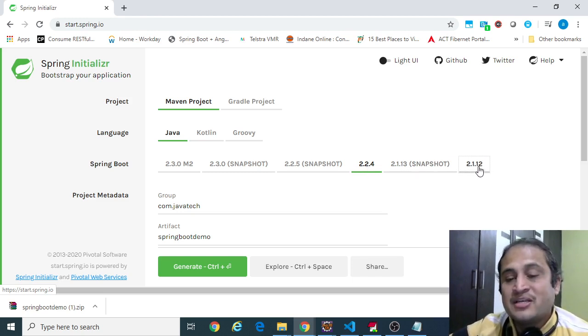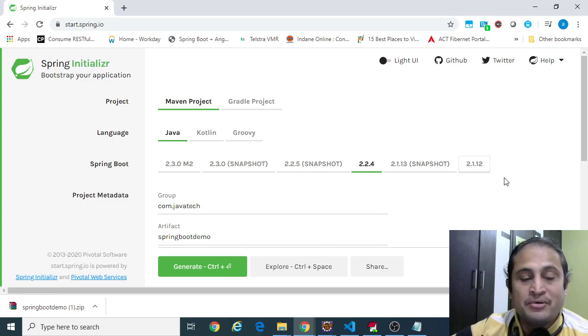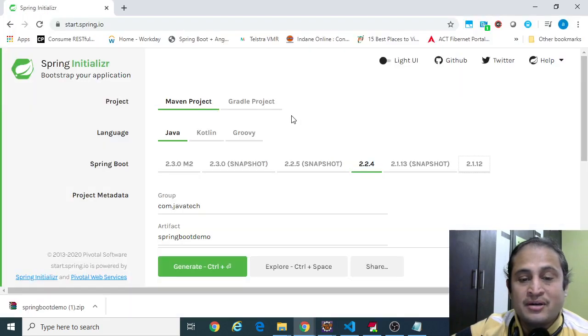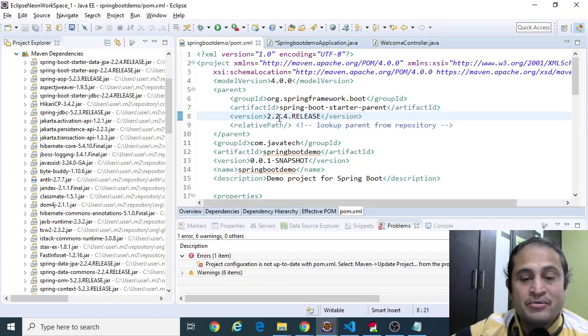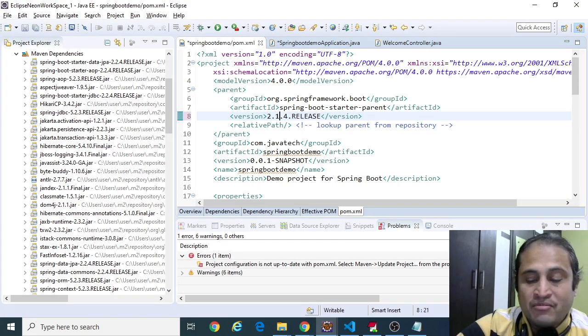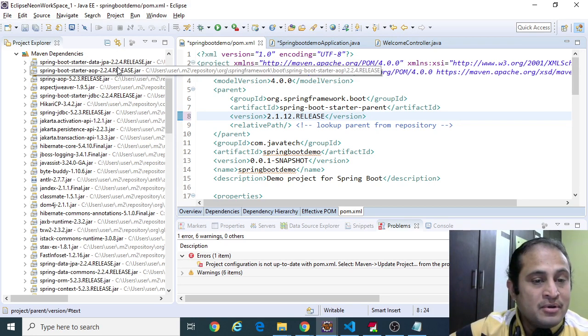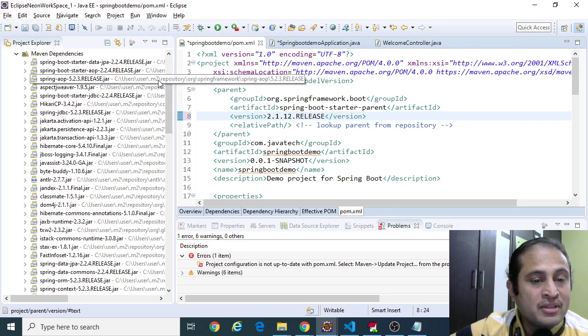Let me change that one to 2.1.12, just to understand better. I haven't saved yet. I'm just trying to observe on the left-hand side.